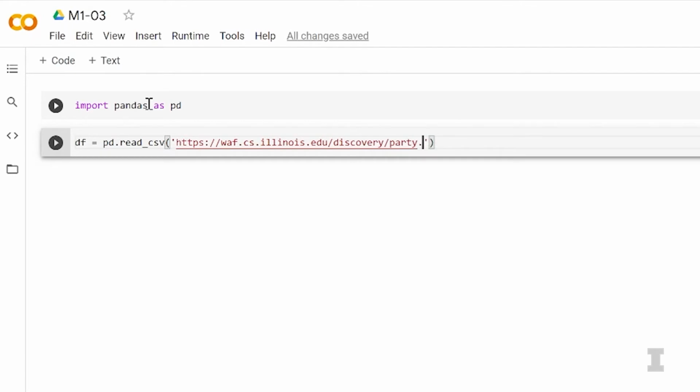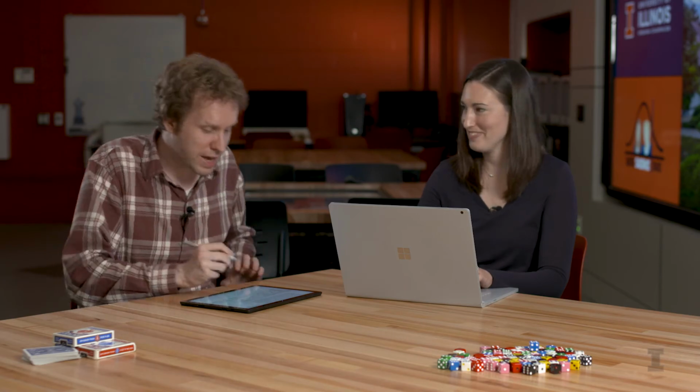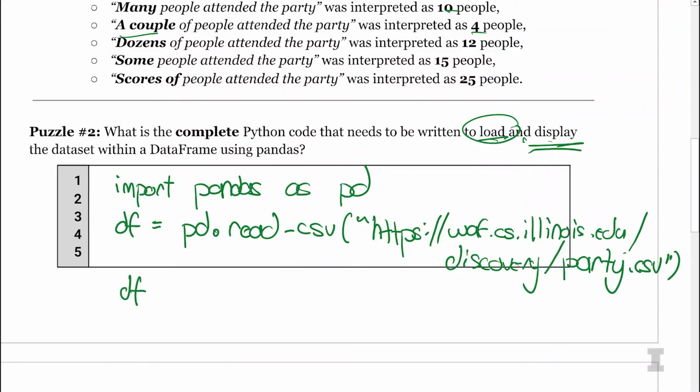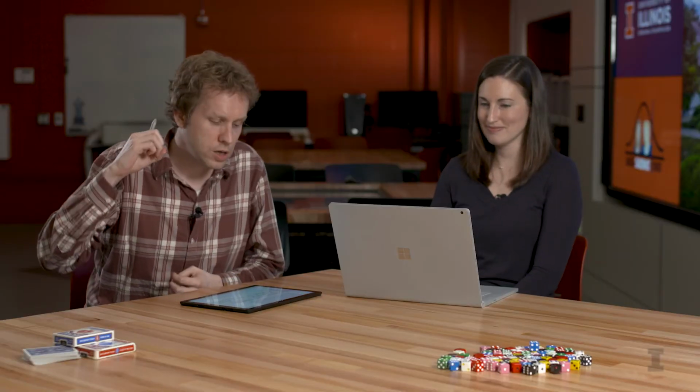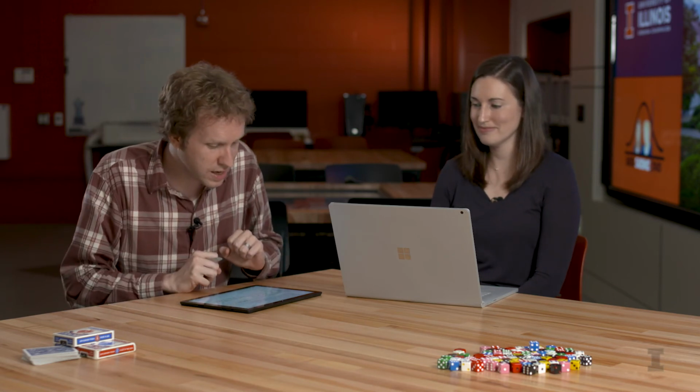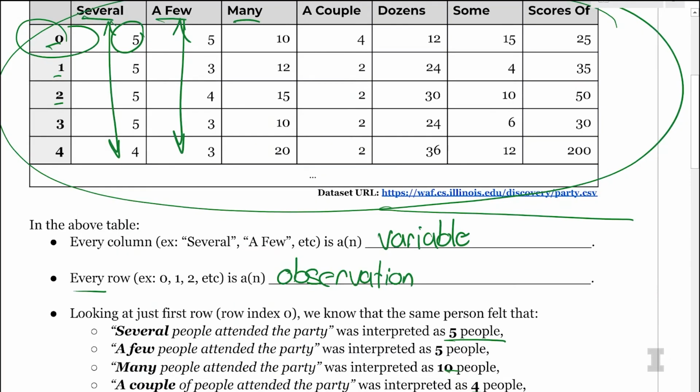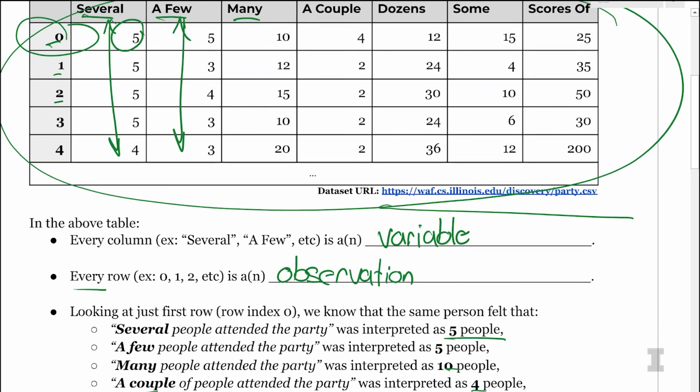And then finally, we want to not just load the data set, but we also want to display the data set. So to do that, the very last line in our cell needs to be to actually display the data itself by typing df. And the combination of these 3 lines, to import the pandas library, to then read the CSV file from the internet, and then to display it, what I expect to see is this exact data set that I have up here being shown on the screen.